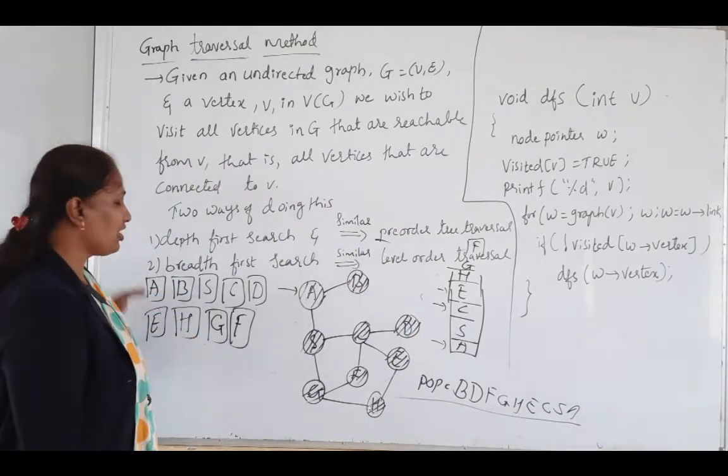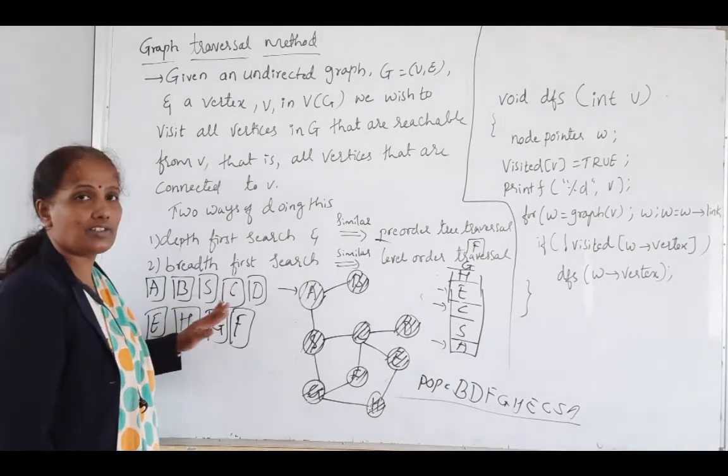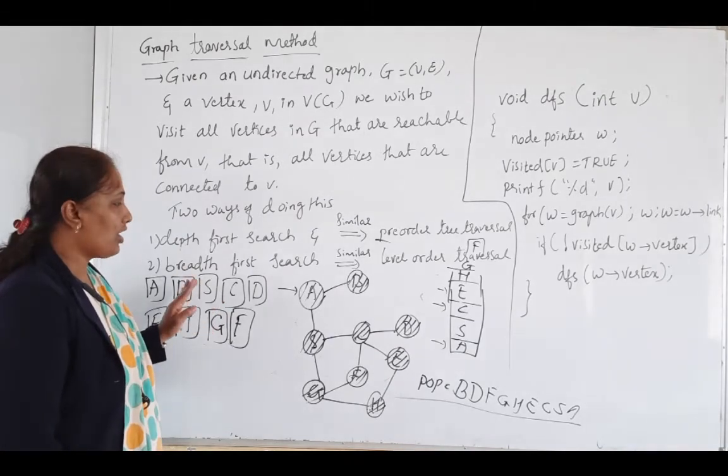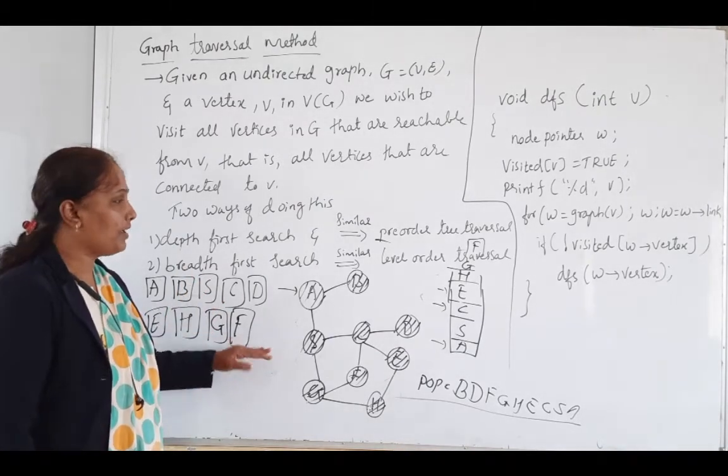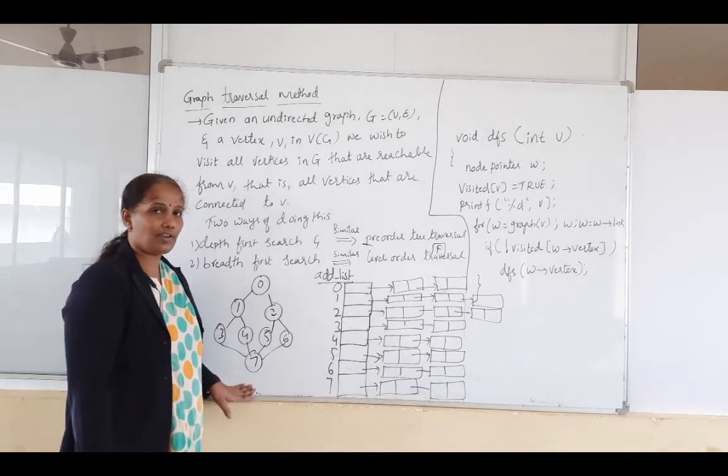Okay. So, you are going to consider only the push order, which is nothing but the visited order, how we visited all the vertices of the graph. I hope you understood this clearly. We will take another example for depth first search traversal. Assume that this is a given graph.